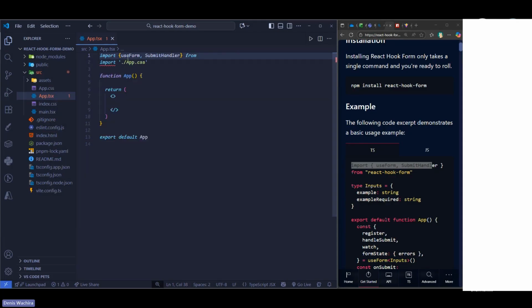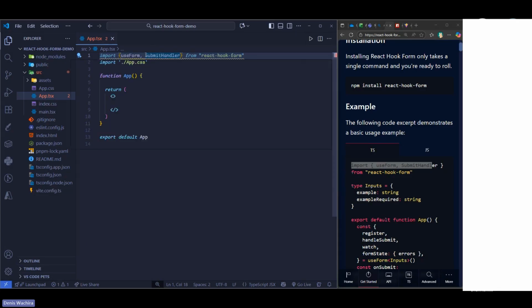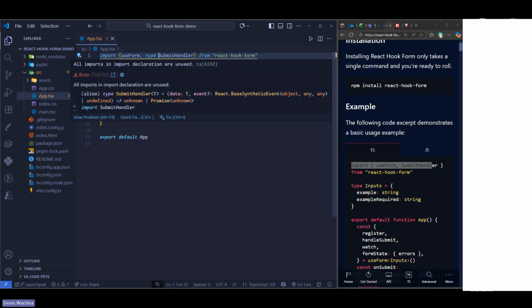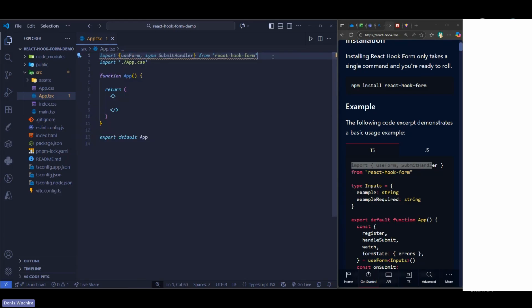From the React Hook Form library, this one. Since this is a type, it should now be type SubmitForm. That is how it should be because it's like an interface, which now has the Pascal naming convention, but the function itself is in camel case. So once we do that, inside our function, which is now our App, that is where I want to